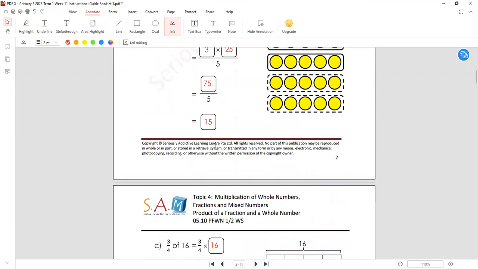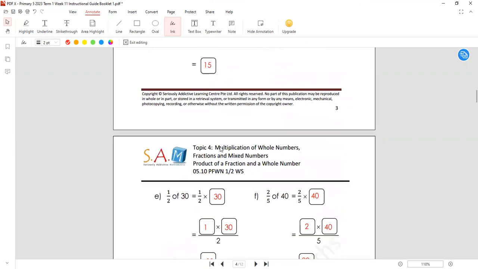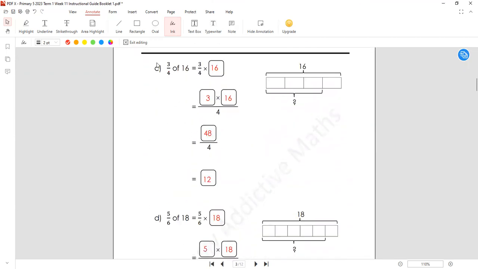page, let me see, this is still part of guided practice. So perhaps get them to just go to page 3. You can choose to get them to do C. If they don't understand the concept, you can get them to do D again. But the first way is to emphasize on how 3 out of 4 times of 16 is 3 out of